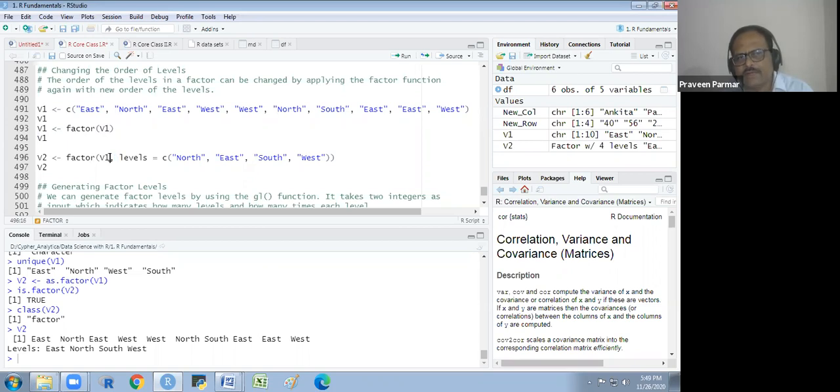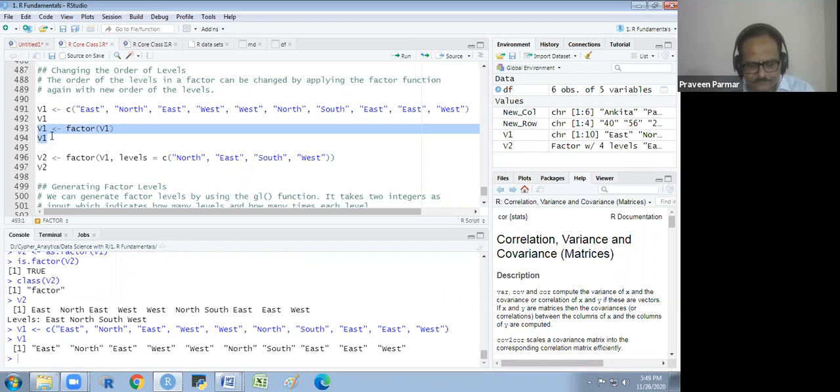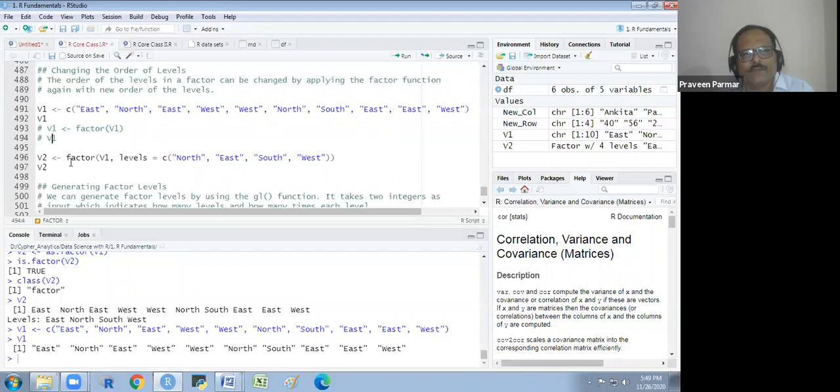This is the v1 vector, which I have created earlier also. I am not converting this into a factor; I will comment that out. I will factor the v1 and I will give the labels as per my order. I want to give this order to the labels, because when I am getting the labels like that,